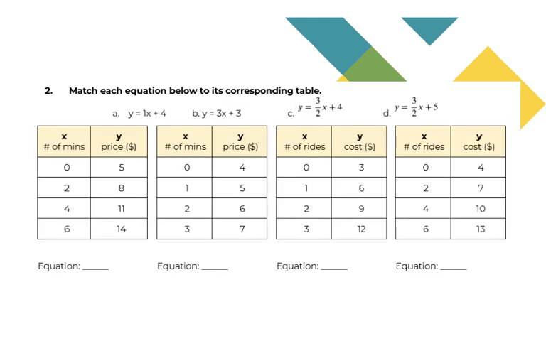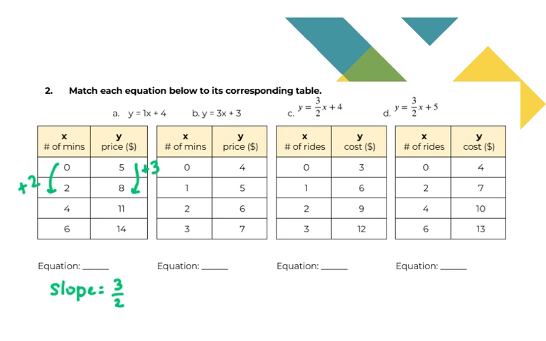Now let's go to number 2. Here we have a bunch of equations and a bunch of tables, and we're going to try to figure out what's going on. Let's label it just like we did with the pretzels, okay? So if I go down from 0 to 2, I just went up by 2. That's my inputs. But on the second column, I went from 5 to 8. I just went up by 3. So I know my slope is 3/2. It's always the y over the x, right? That's my rate of